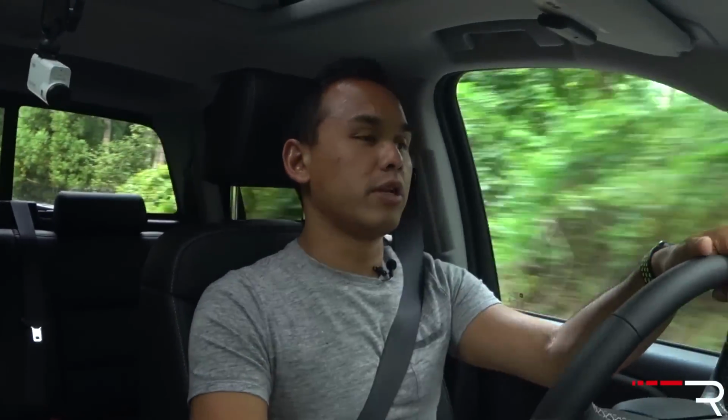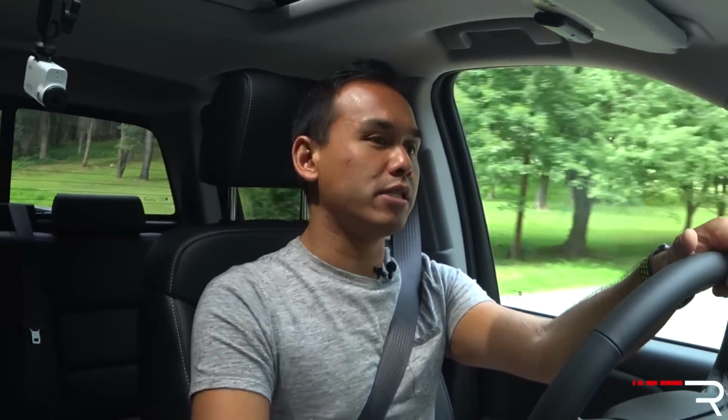And my tester, with some driver assistance tech that they've added, now has low-speed emergency automatic braking. It has automatic high beams, and it has active lane keep assist, which the old pre-refresh model didn't have, where before it would just beep at you, it would be passive. This one will actually steer you back into the lane, which is nice,